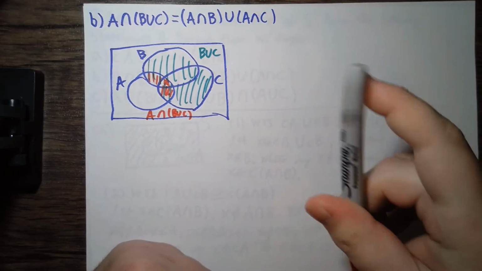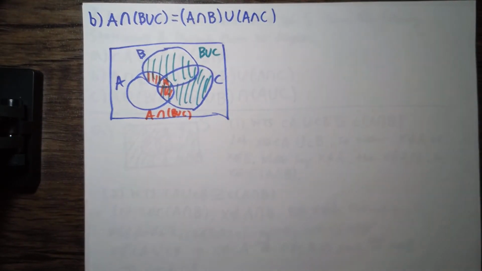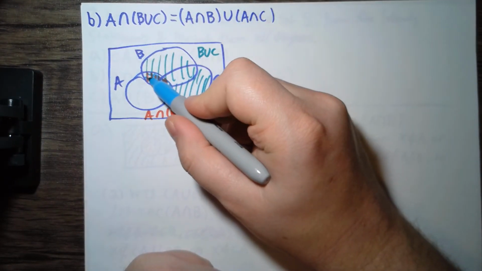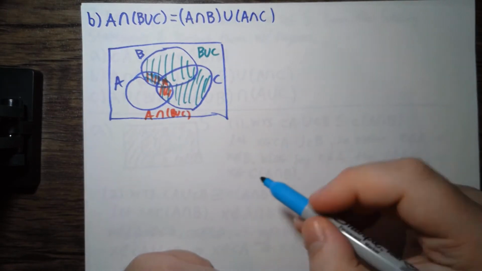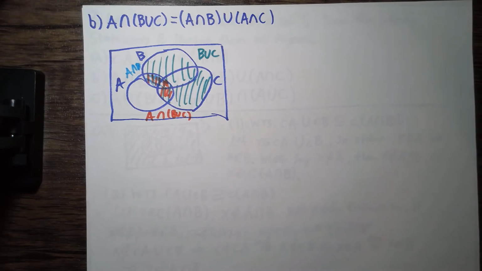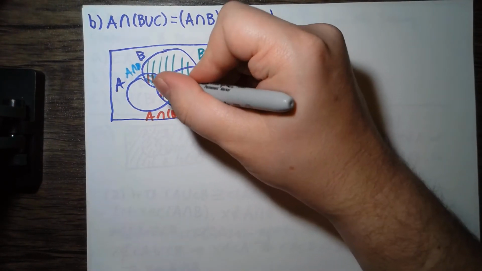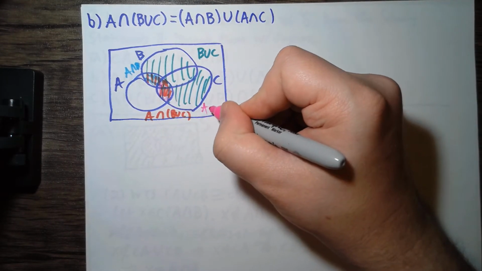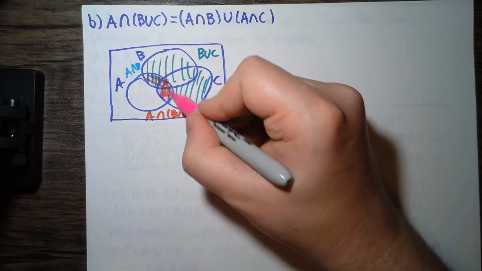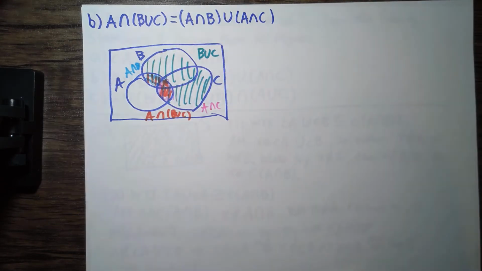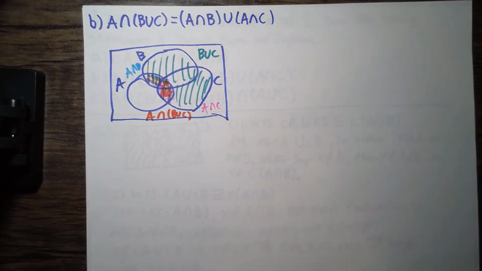But we also see A intersect B, so A intersect B is going to be this part here. So this is A intersect B. And if I use pink, A intersect C is this part here. But if you look at the union of A intersect B and A intersect C, this light blue and pink, that's exactly the red, and that's why this equality is true. But if we want to write down the proof,